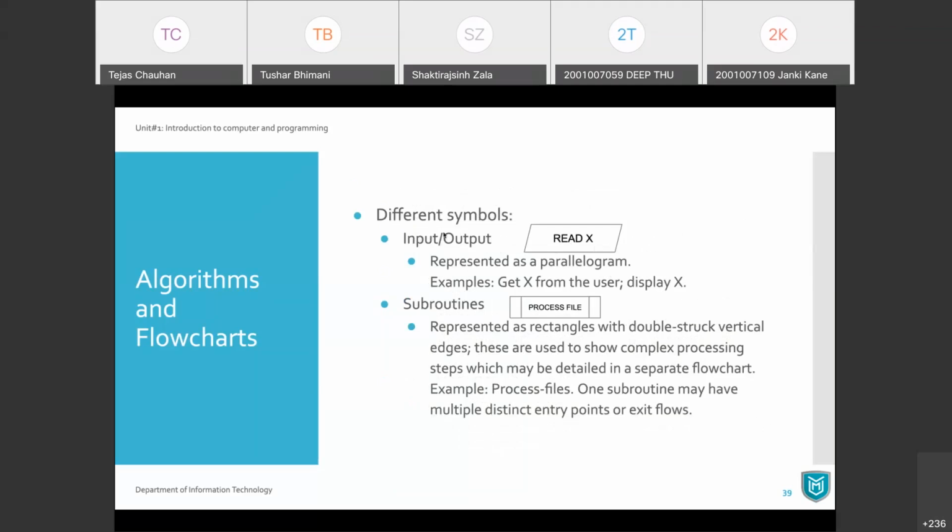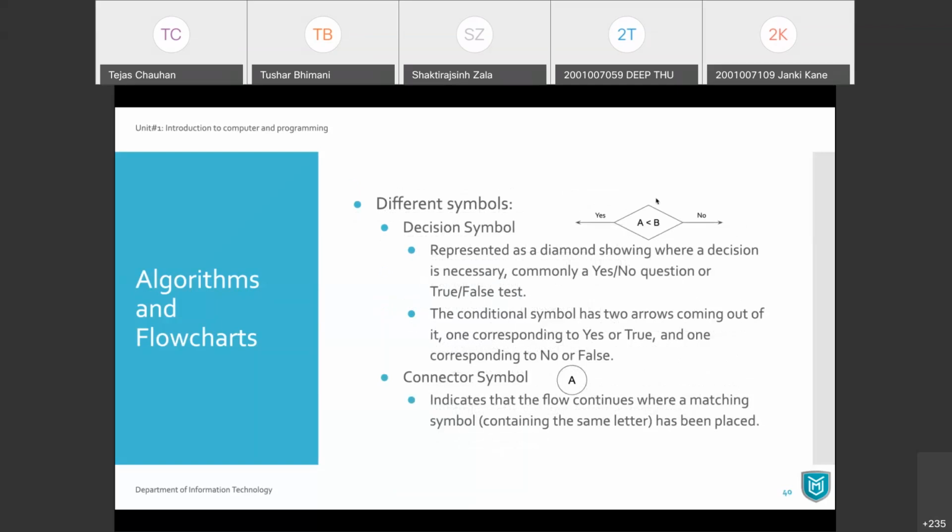Then you have a double-sided border rectangle, a subroutine. If you are referencing something which you are not going to write, like a reference or another algorithm, you process that file or you process some data, that's the subroutine. Then the diamond symbol for condition: condition yes, condition no. Then you have a simple circle for connector.